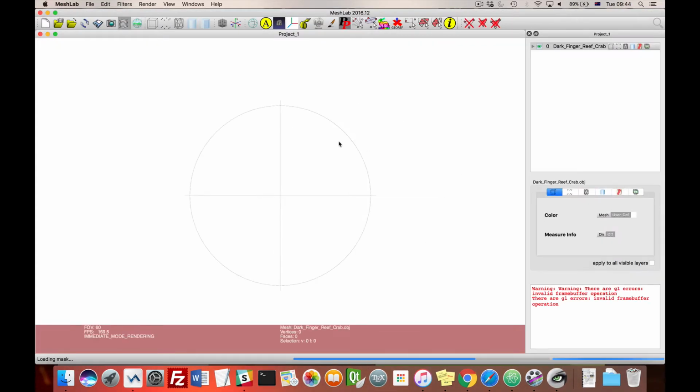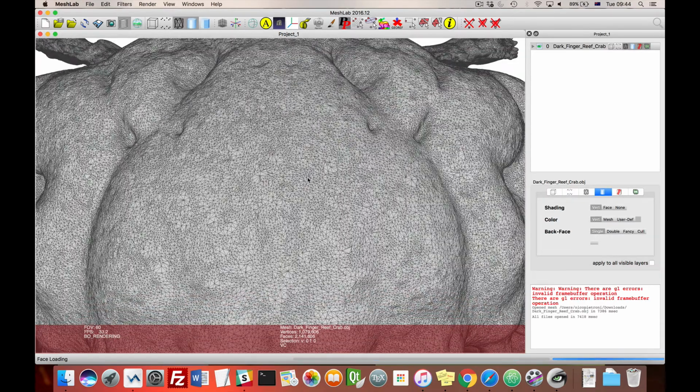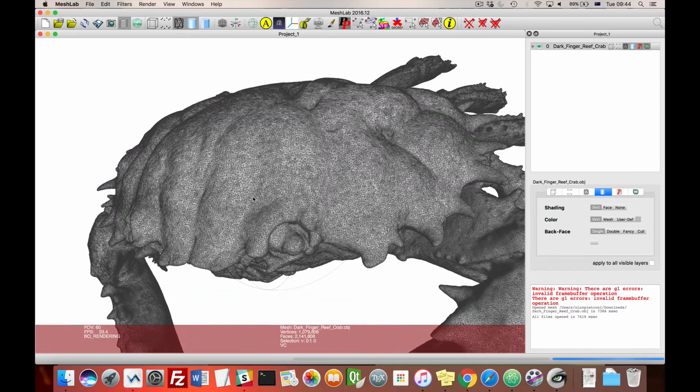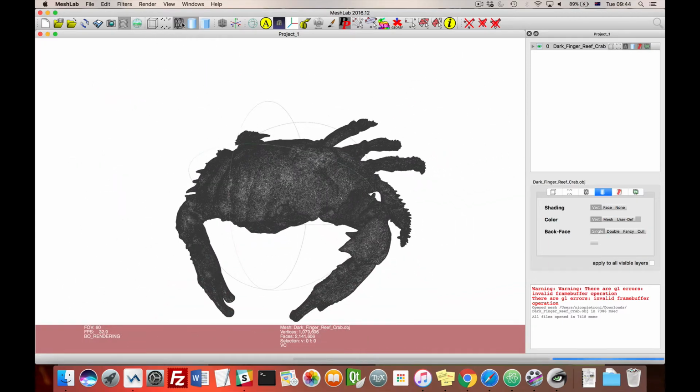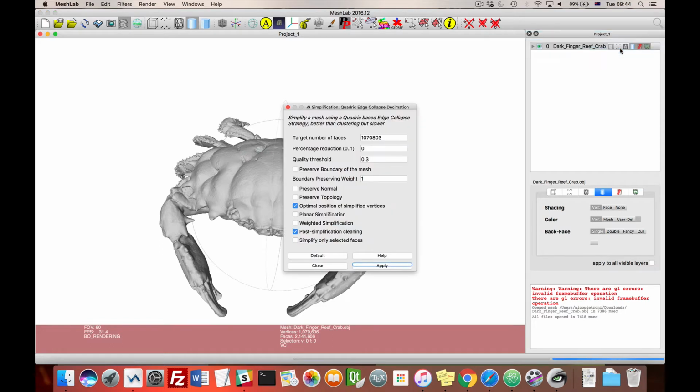and then you will see the model is pretty huge, maybe because it's a scanned model in this case. So it may slow down the whole application. What you can do in this case is use decimation, and here you set the number of faces. For example, let's say like 50